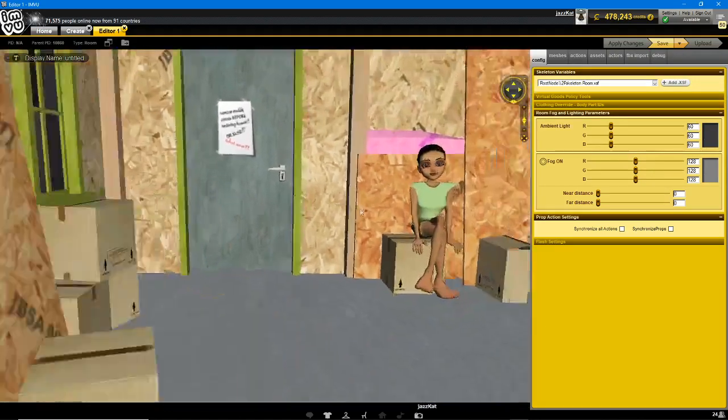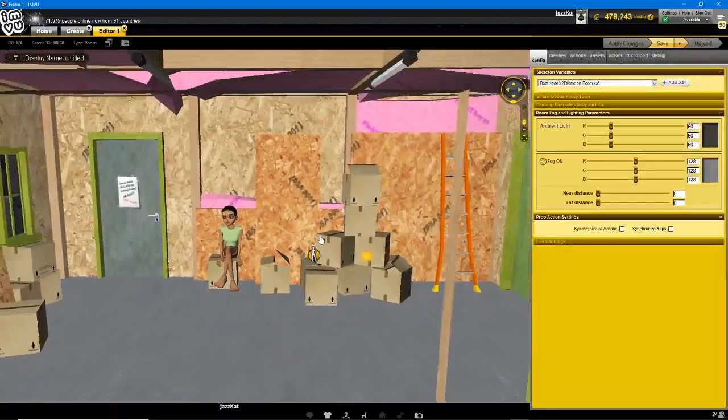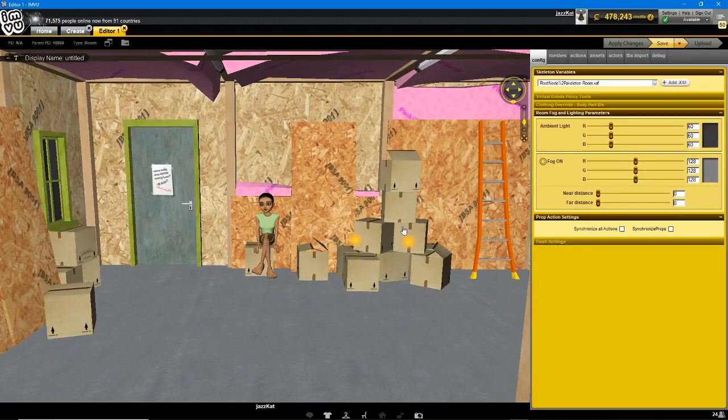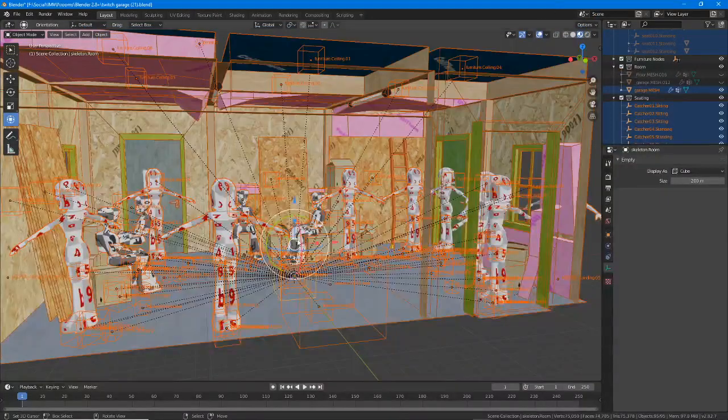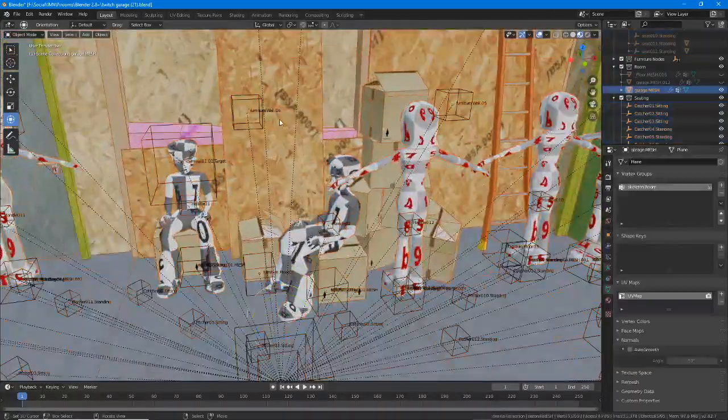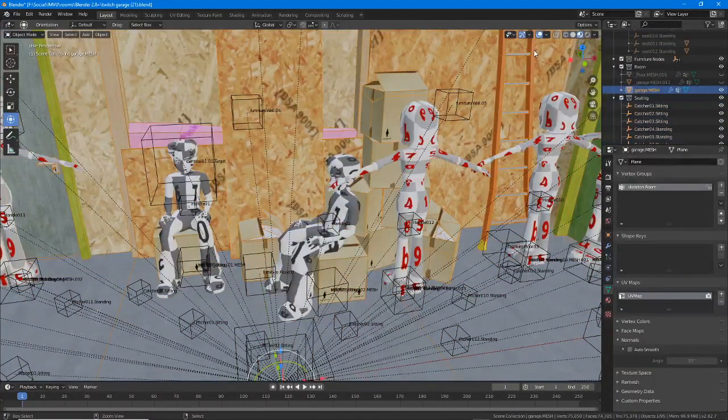So what we can do to fix that, rather than doing double-sided for everything, we need double-sided for the cardboard boxes, but rather than doing double-sided for everything, what we can do, select the mesh, and in viewport display,